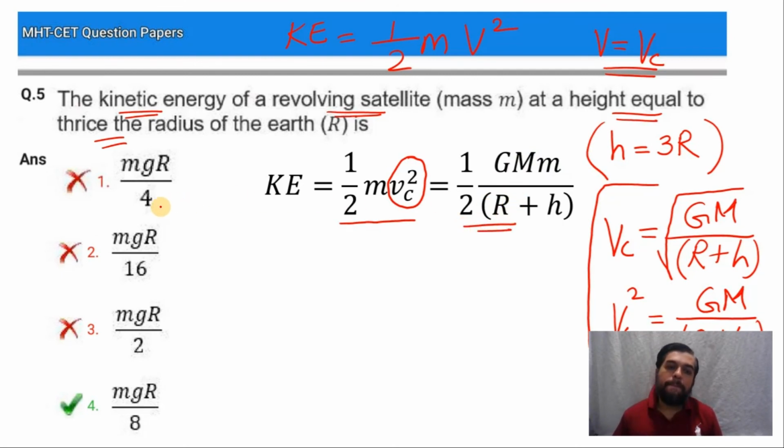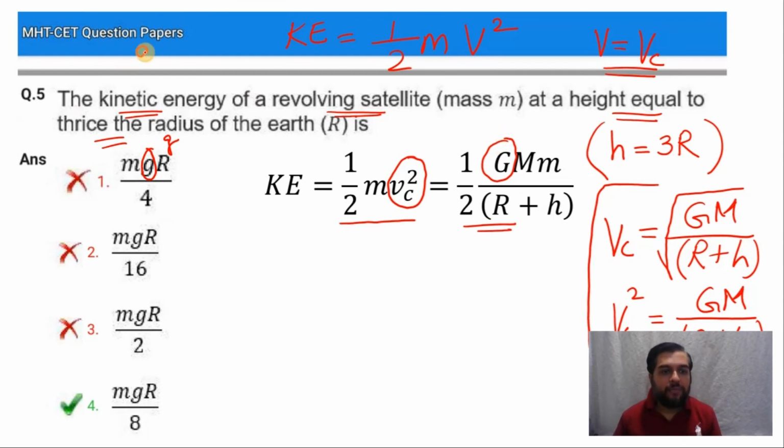But look at the options. Okay, every time look at the options. What answer you get is not important, what is very important is to look at what is in the options. Okay, you have to manipulate the options. As per the options you have to get the answer. Now look, I have got kinetic energy in terms of capital G, and there is no capital G anywhere in the options. All the options have the answer in terms of small g. It means you have to replace this capital G by small g. There should be a formula of small g in terms of capital G, and that you know.